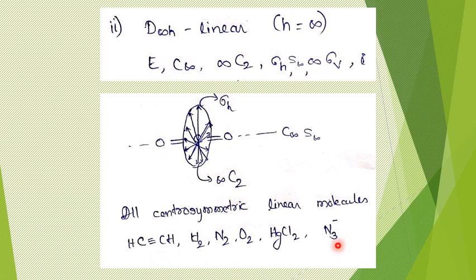Some more examples have been written here. Acetylene is centrosymmetric, and all homonuclear diatomic molecules come here, like H2, N2, O2. And this is HgCl2, a linear molecule, Hg is at the center, both Cls are in opposite directions, and that also belongs to this point group itself. Then azide ion, N3 minus, which is linear, also comes to this point group. Fine, we shall see these aspects in animation.